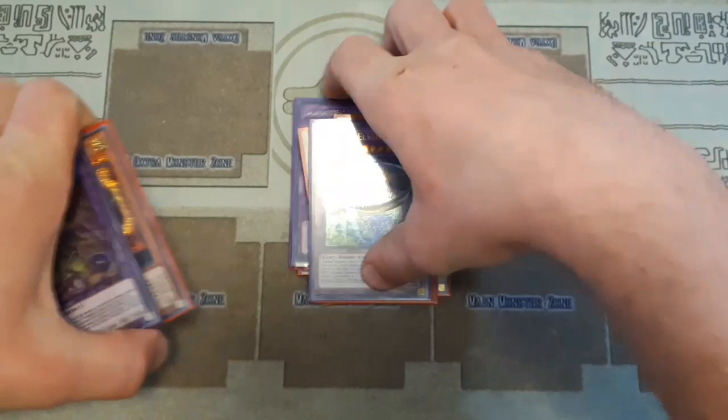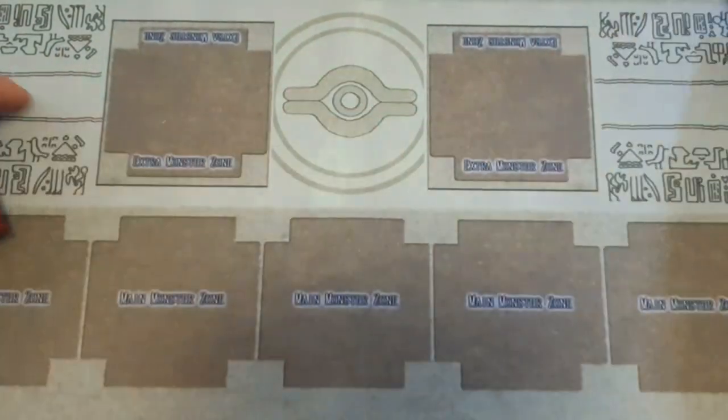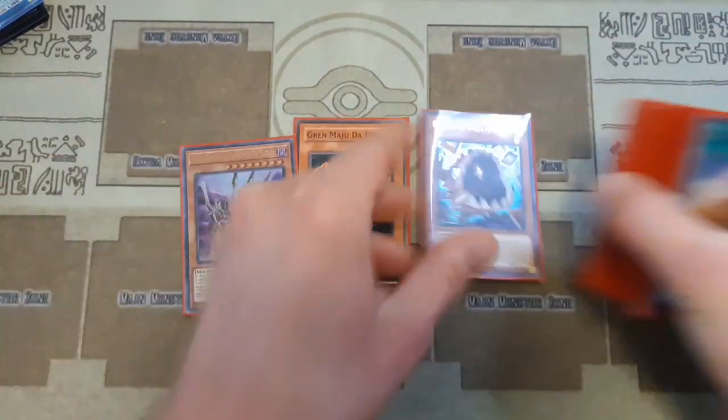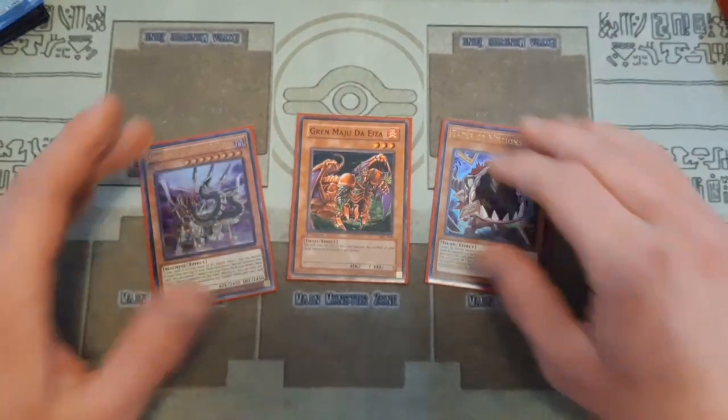But anyways, guys, that's going to do it for my deck profile, the full sideboard and everything. So really the sideboard is where you find a lot of variation in here, but hopefully you guys enjoyed this